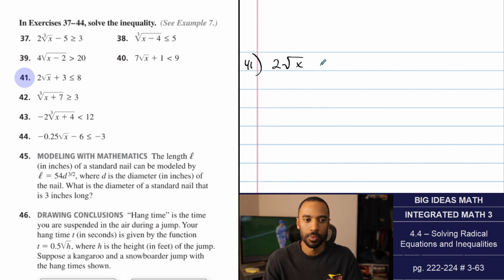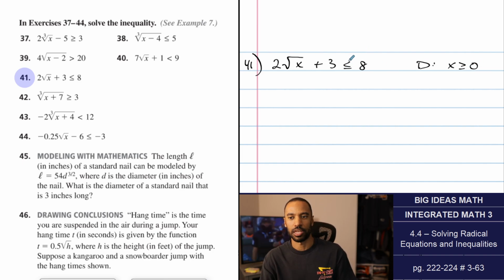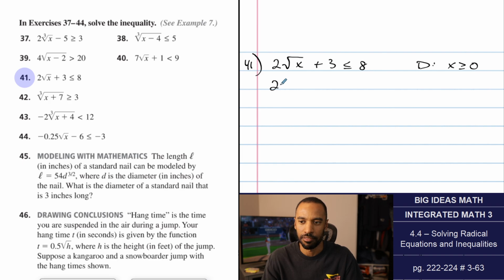Two times the square root of x plus 3 is less than or equal to 8. Our domain is the same on this one. Positive numbers or 0 only. With the less thans, I think we're going to have to really be considerate of that because we have to restrict it from it. Subtract 3, divide by 2,